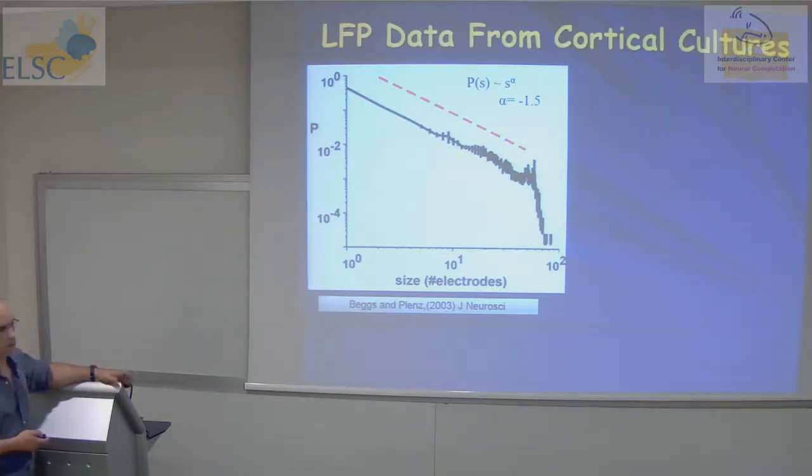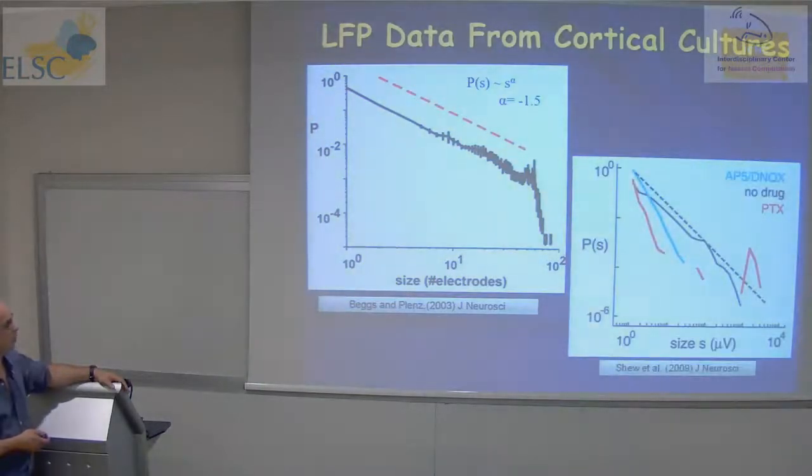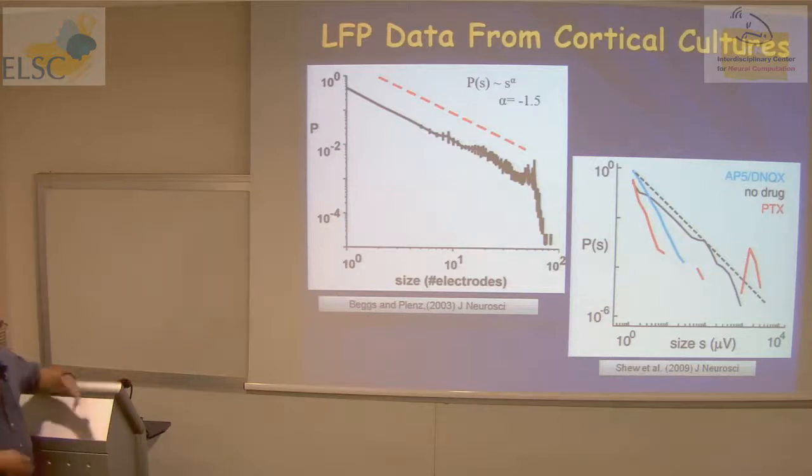What's interesting is that in the cortical cultures, you can also apply some pharmacological manipulations. For instance, you can block NMDA and AMPA receptors. So when you block excitation, you get what we call subcritical behavior. So you see it's more like an exponential fall, and you don't see this power law behavior. And on the other end, if you block inhibition with picrotoxin, the system becomes excitable, and you get many large cascades, more than you would expect from the power law. So you get something like a bimodal distribution. This is like a signature of a system that is more epileptic.